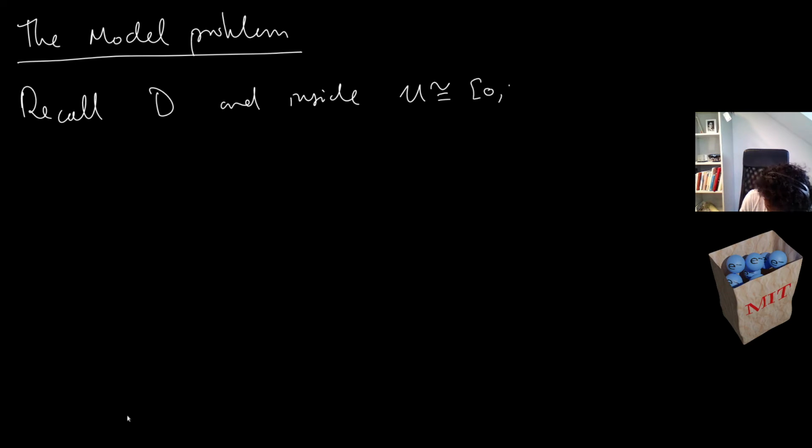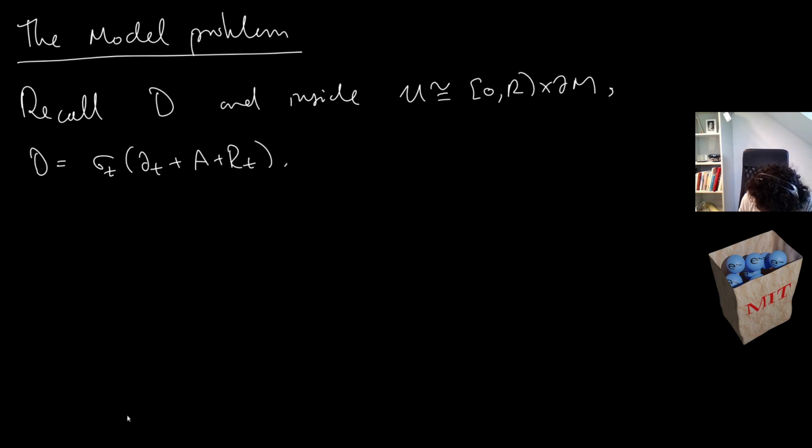So recall that we have some operator D and inside this neighborhood U, which we can deform to some R cross partial M, we have that D looks like some sigma_t dt plus A plus R_t,